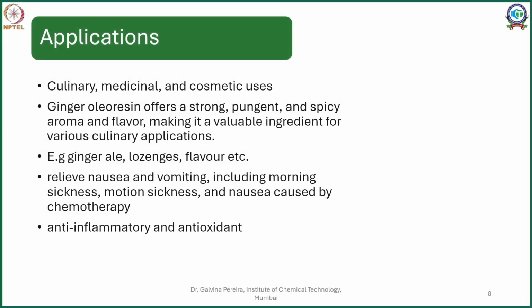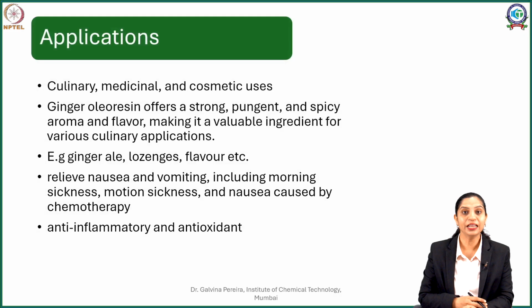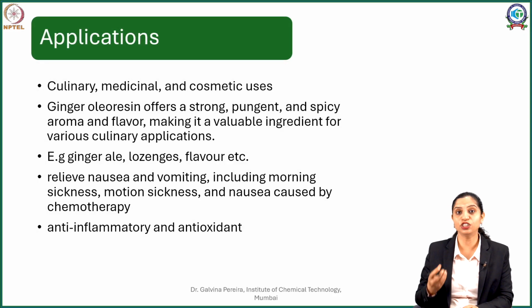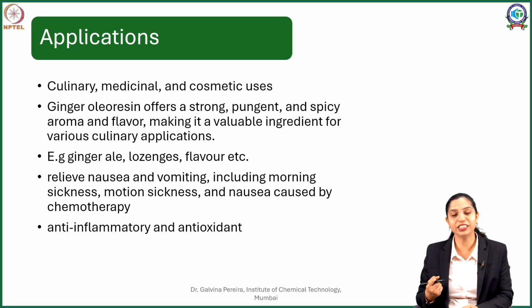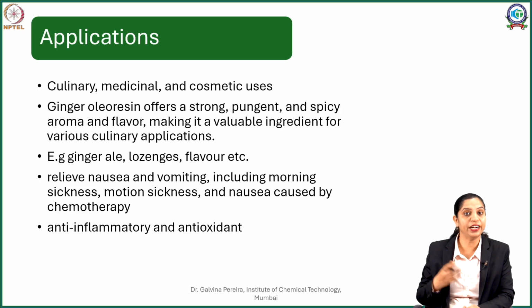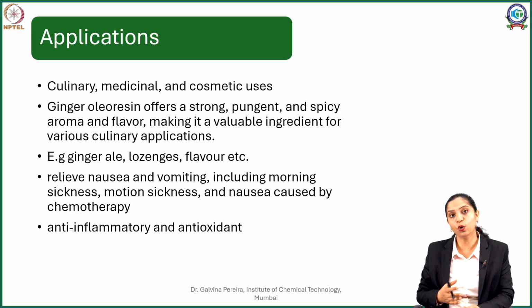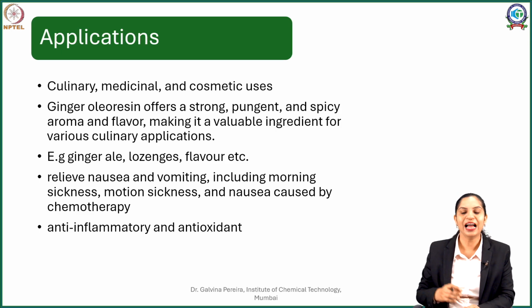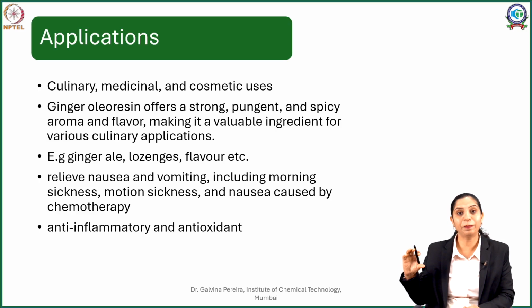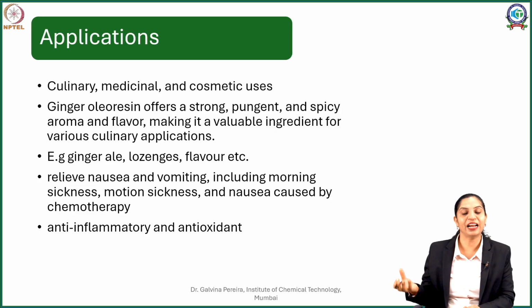Now, where all do we use this? So ginger principally has found its application in food, that is culinary, nowadays in medicines, and also interestingly in cosmetics. Now if you see your ginger oleoresin, if you just take the concentrated extract wherein you have those sesquiterpenes and your gingerols and other alcoholic derivatives, the ginger oleoresin offers a much stronger, pungent, spicy aroma and flavor. And that is the reason if you see in your culinary industries, when they prepare the flavor concentrates, rather than ginger powder, they use ginger oleoresin.